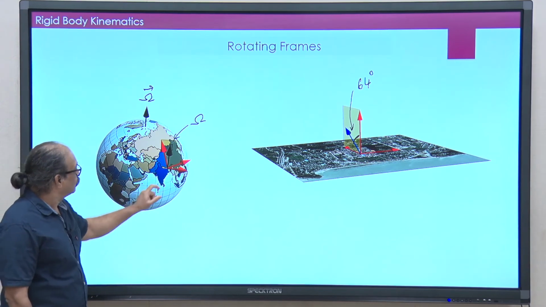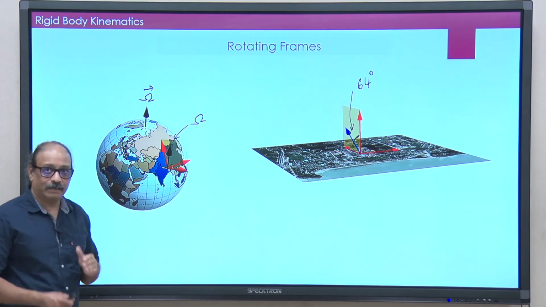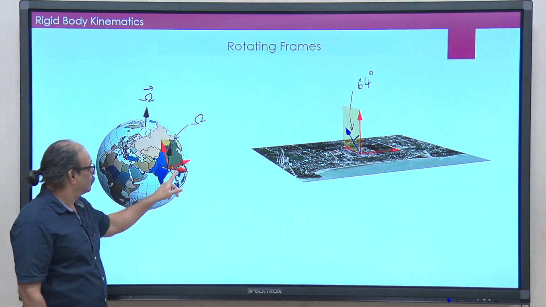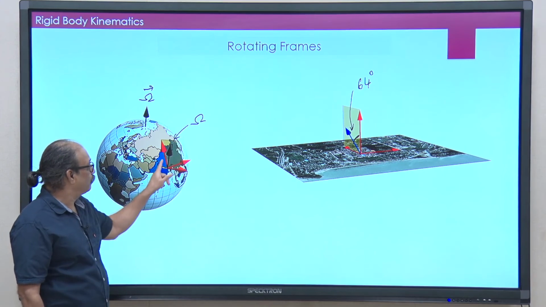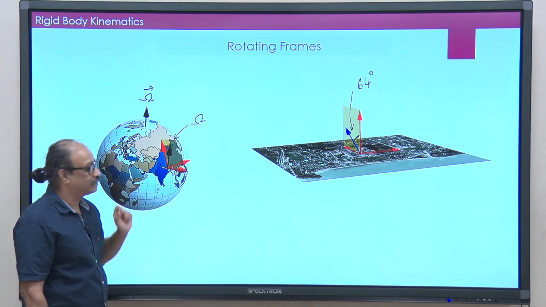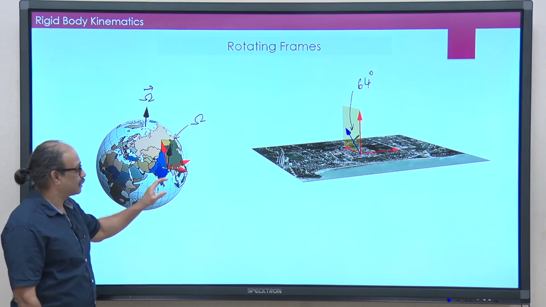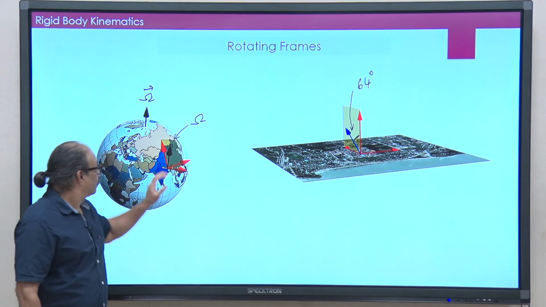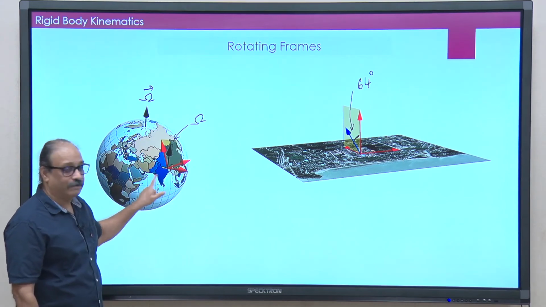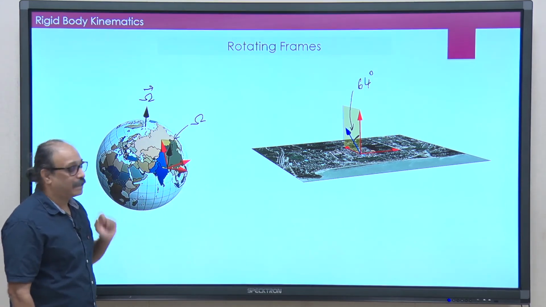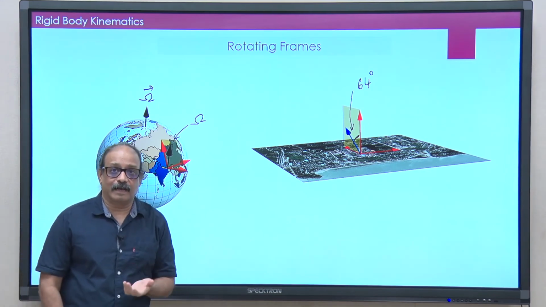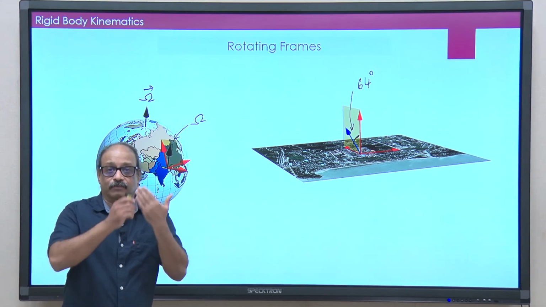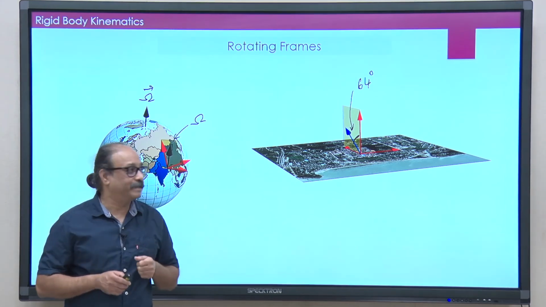What is the angle between omega vector? So, omega vector basically is in y prime z prime plane, and the angle between this omega vector and the z prime vector, that is exactly same as the angle between the radial vector. Radial vector is same as z prime, remember. So, that is the angle. Now, I know the latitude of Guwahati, that is 26 degrees, that is measured from equator. So, when you measure it from the north pole, that is basically 64 degrees.